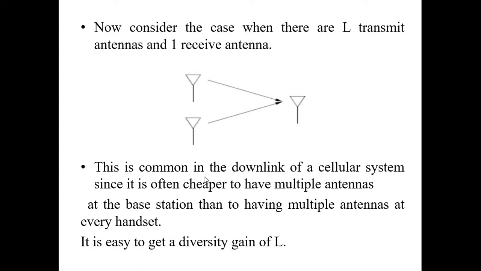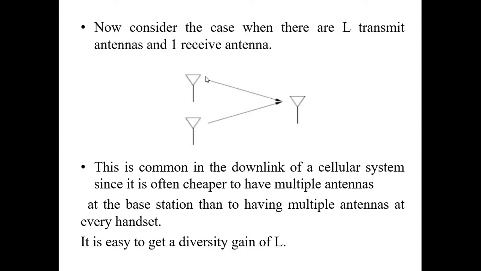So this approach is now common in the downlink of the cellular system, whereby we can get multiple antennas in the best possible way, which we can adopt at the base station site, so that we can maintain the link. Wherever we need, we can utilize this in the base station locations and fix things at the appropriate level, so that we can provide good diversity.